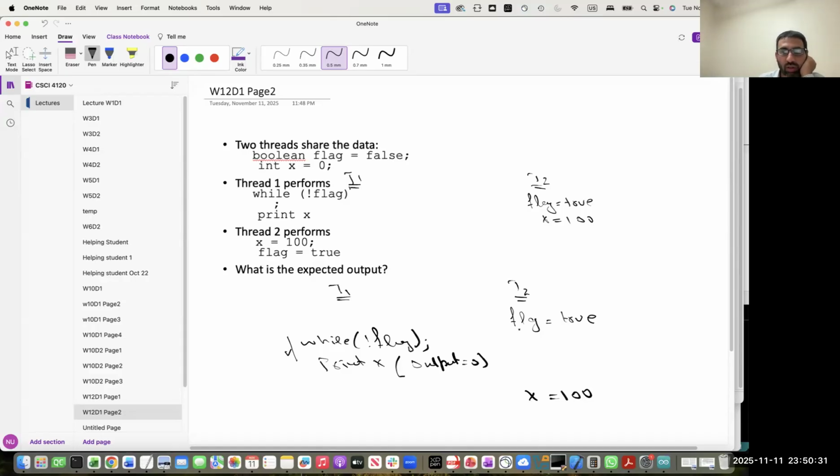Because your flag is equal to true statement has its order changed and it is executed before x is equal to 100, right? Or there is another scenario. Let's say the compiler does not reorder the code of thread T2. It reorders the instructions of T1